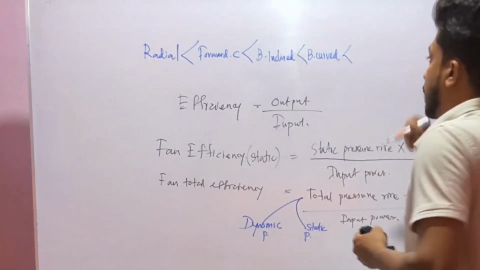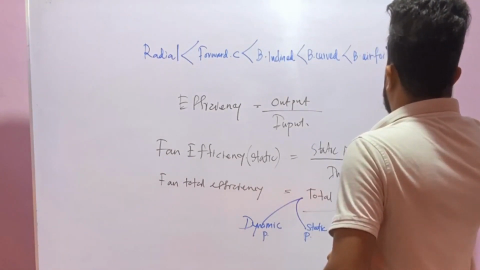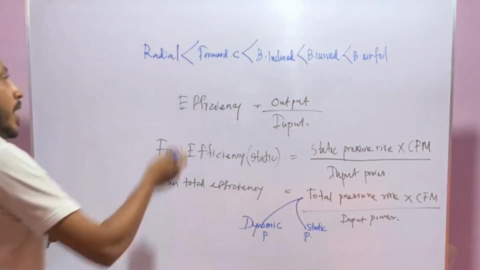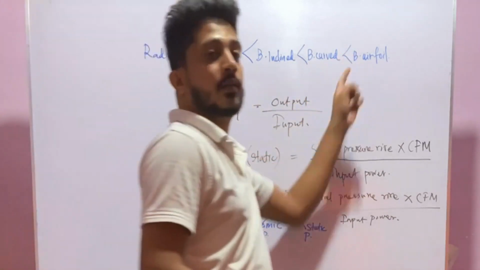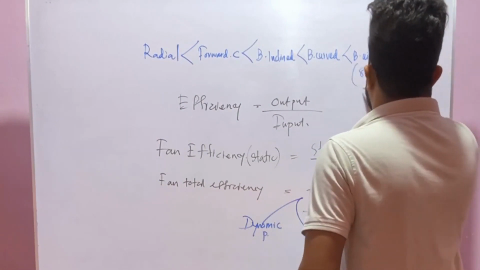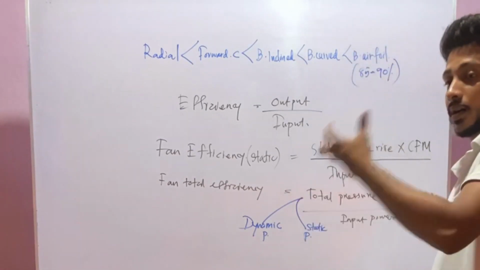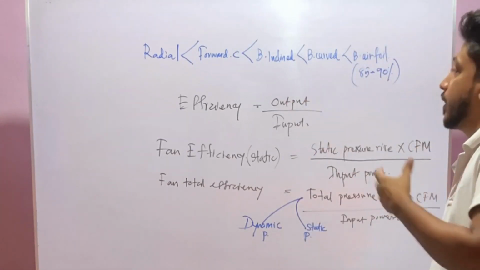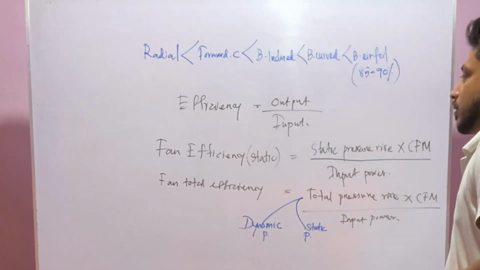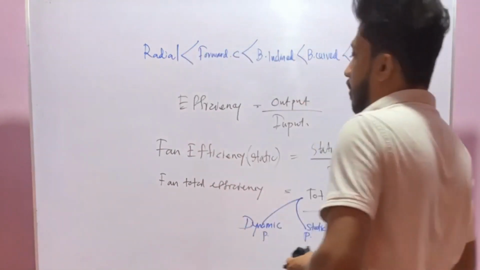And great efficiency we can obtain from airfoil. Okay. So this is how efficiency works. We have a great efficiency in backward airfoil. It is about 85 to 90. If we give 100% energy, as an output we can take 90% of the energy we input. Okay, so someone can have a doubt of this pattern because